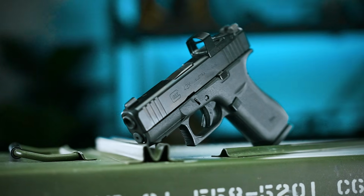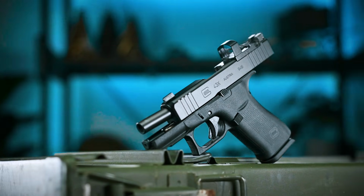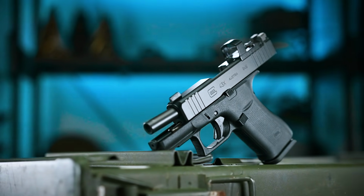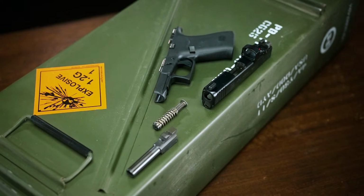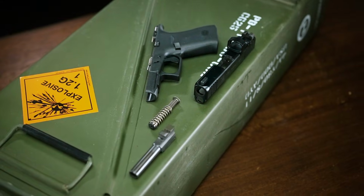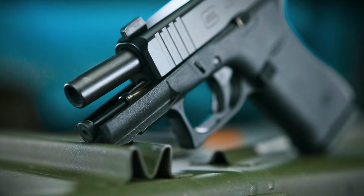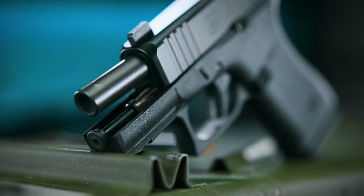While I don't feel like it's really relevant going too far into the weeds here, the 43X features the same Glock Marksman Barrel technology found on all Gen 5 Glocks, which through some combination of enhanced rifling and only being produced on nights when the moon is full, is alleged to enhance overall accuracy. Maybe that matters for you, maybe it doesn't. I would hazard a guess that the vast majority of folks probably aren't being limited by the accuracy of their older generation Glock barrels, so...